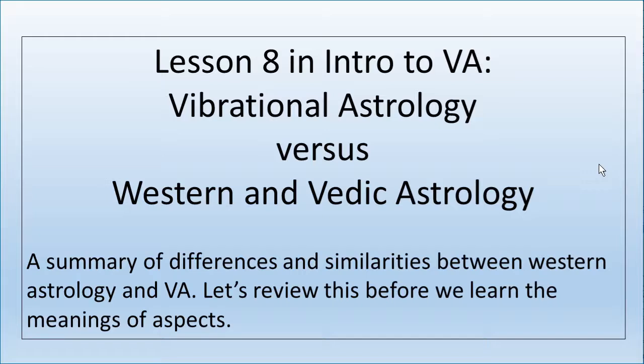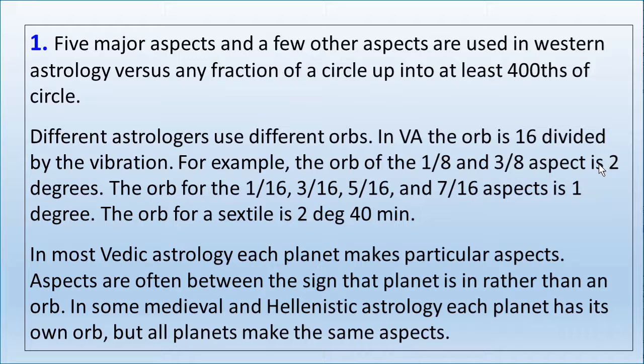But before we do, I want to just clear up a few things in this video and also the next video, and then we're ready to jump in and start learning what each planetary pair means. So let's review a few concepts, because as we're going through the meanings of the planetary pairs, sometimes people get a little sidetracked because they're thinking along the lines of modern Western astrology or Hellenistic astrology or Vedic astrology. So let's again review and clarify just a few basic principles of vibrational astrology and how they compare to other forms of astrology. Number one,